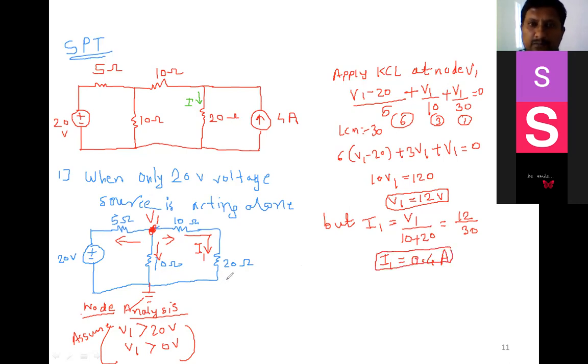That is I1. So only 50% of the problem we have completed, because that is the current flowing through the 20 ohm due to only the 20 volt source, 0.4. But while doing that, we opened the 4 ampere current source. Now we can keep the 4 ampere current source as it is, and short this voltage source. What do we have to do with this voltage source now? Short it. So for that purpose, we can start here.